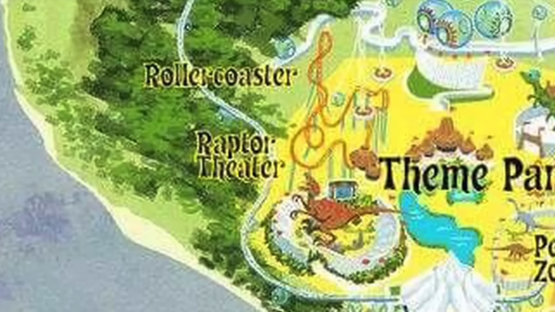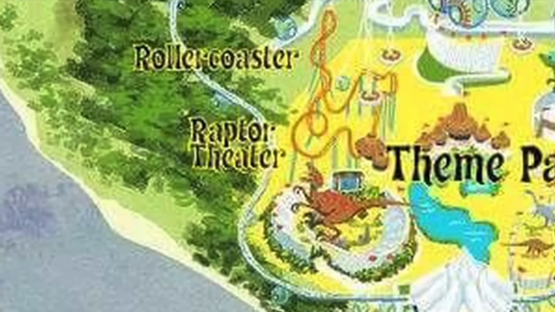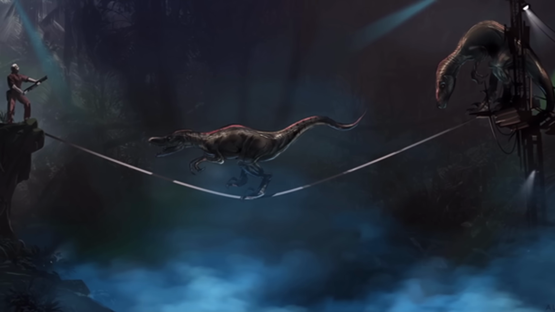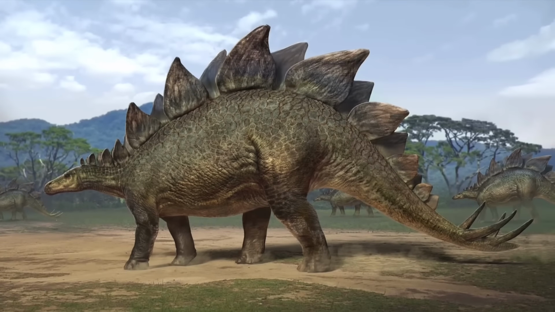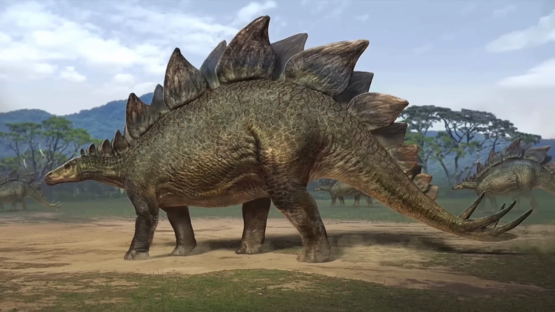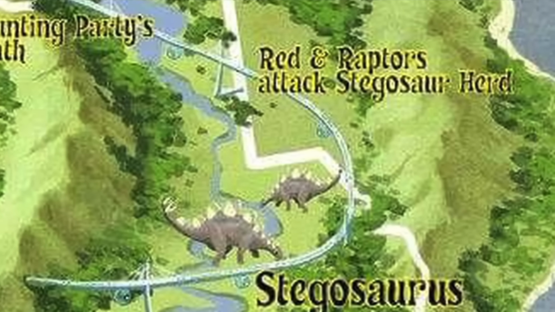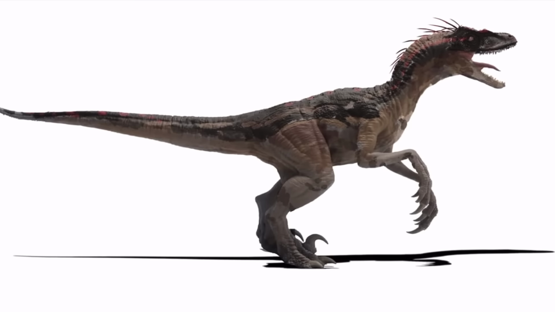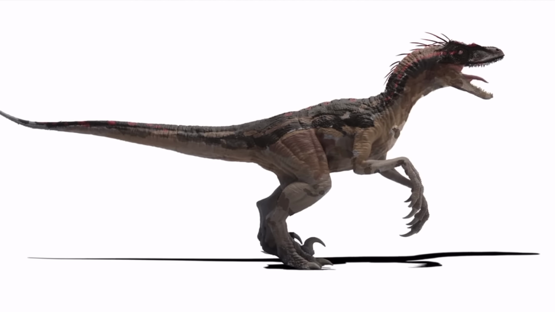Speaking of which, this version of Jurassic Park 4 actually lists the raptor paddock as the Raptor Theater, where they would presumably have performed tricks to park guests in an attending audience. Now, even though the raptors don't turn on the humans in this version, they do somehow manage to attack a herd of stegosaurs for some unknown reason. Also, you will note that this is the version of the film where the lead raptor was named Red instead of Blue. And Red, which I've done a video on previously, was designed like one of the male variants from Jurassic Park 3.